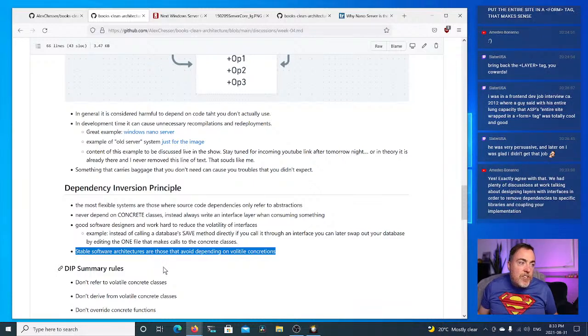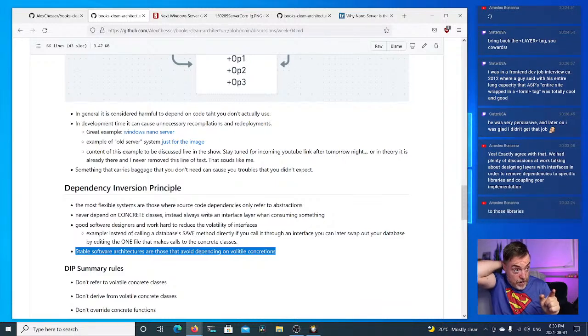Yes, we had plenty of discussions at work talking about designing the layers in order to remove dependencies to specific libraries and coupling your implementation. Right, exactly. So Amadeo